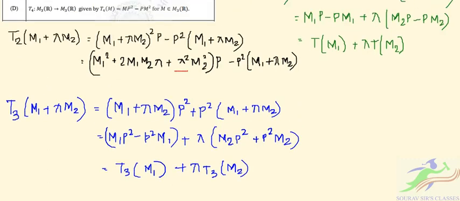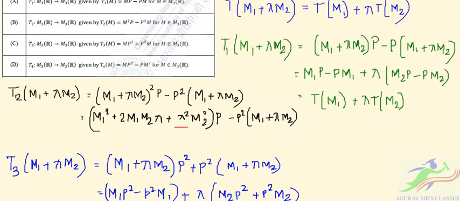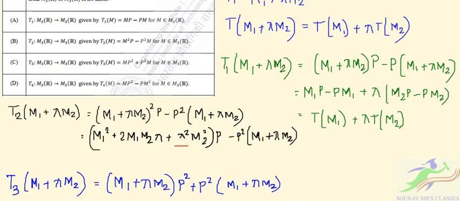Now checking with the option D, we have M P square minus P M square. Just as we mentioned for option B, you can check with the expression M square. Here this lambda square will be present, which means that they are not linear. So in our case D is not the correct option. So for question number 40, the correct options are A,